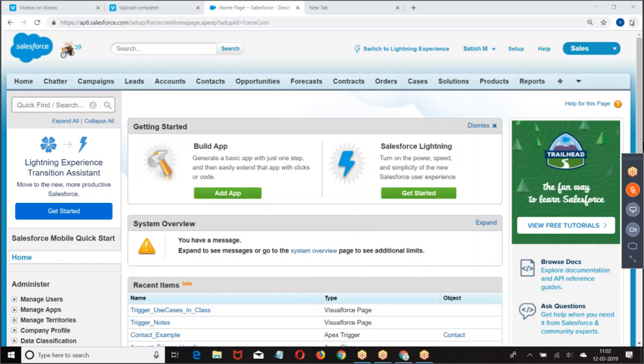If you want to create a contact, first the account should be inserted, right? If I want to create a child, first the account should be created. Unless the parent is there, we cannot create a child. So after inserting the parent, then only I can insert a child object. Are you getting my point? After insert, right? Now look at the point.